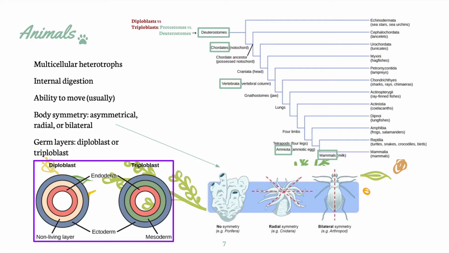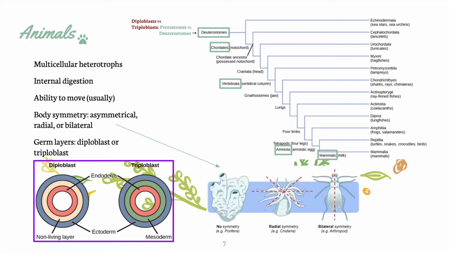Looking at chordates, these include vertebrates, which have a backbone called the vertebral column. Within vertebrates are amniotes, which include species like reptiles, birds, and mammals that lay so-called amniotic eggs surrounded by a protective membrane. The key features of mammals are sweat glands, mammary glands, hair, and a 4-chambered heart that fully separates oxygenated blood